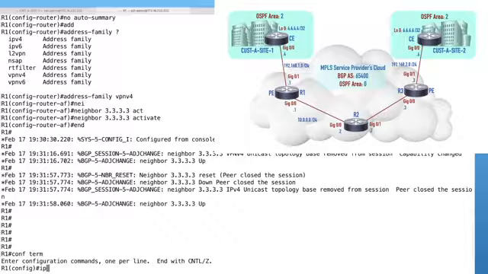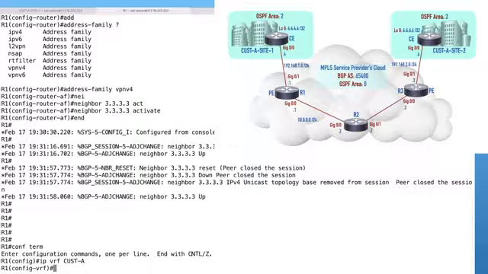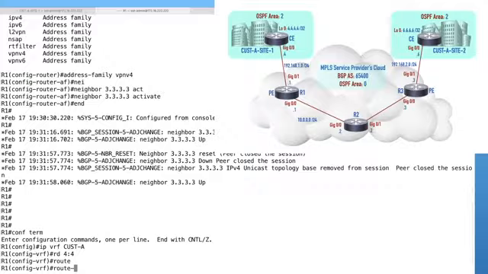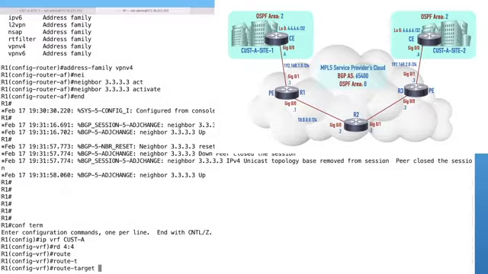I'm going to say ip vrf, for virtual routing and forwarding, and I just give it a name. I could say customer, I'll say cust-A. And if I had 10 customers, I could have customer 1, customer 2, all the way through customer 10. These are just logical names for my customers. Now, I'm going to say rd 4:4, and I'm going to explain this command in a moment. Let me enter two commands, and I'll explain what they're doing. I want you to see them first, though. Then I'm going to say route-target both